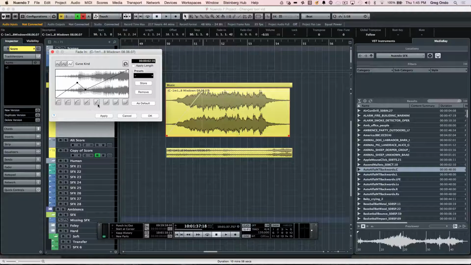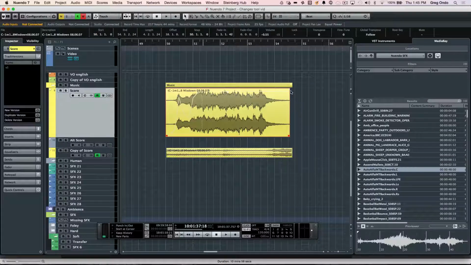If I want to double click, I could edit the fade. I could use kind of stereotypical fade presets, or if I want to make my own and store that as a preset, I could do that. My upper right hand corner will allow me to do fade outs just as easily. Same principle. My bottom handles can have different modes. We have 3 different modes with our sizing tool,